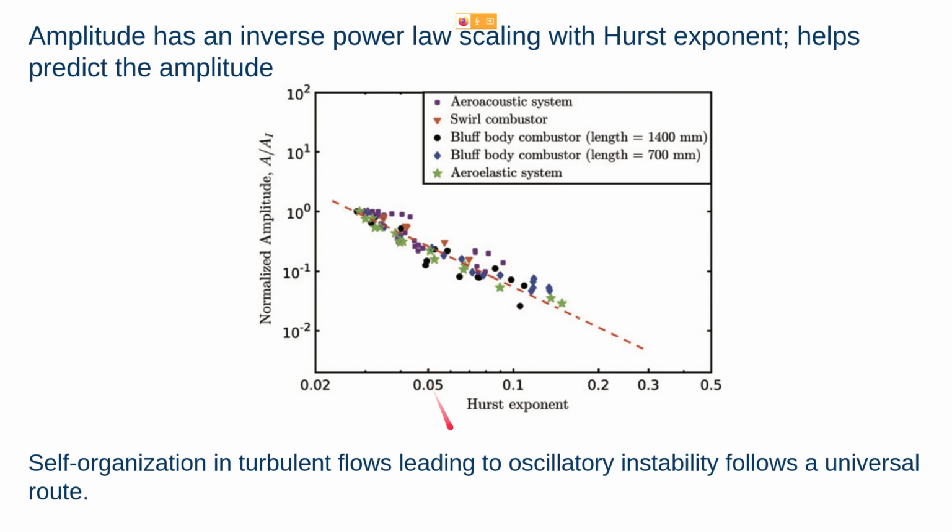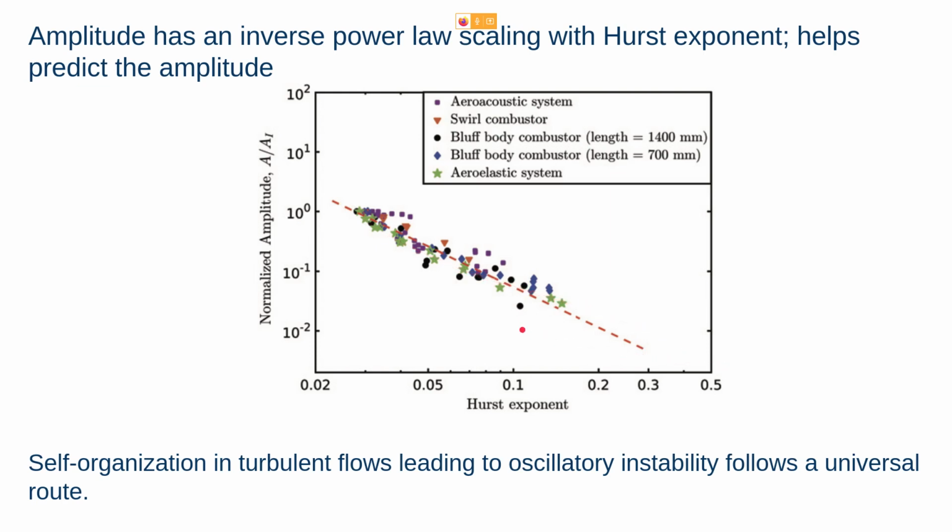So say in a turbulent flow, here they have shown this for 5 different systems. Initially, what we know is for a bluff body combustor of, say, length 1400 mm, you can see the circle plots over there, and for a bluff body combustor of length 700 mm. When you change the length of the combustor, your natural frequency changes and your system dynamics also exhibits certain different phenomena. Whereas for an aeroelastic system, the green shows the aeroelastic system, and for the annular swirl combustor, you will see these orange dots shown over there. And for an aeroacoustic system, we have this dotted line shown here, and we can observe that they all lie very smoothly on a